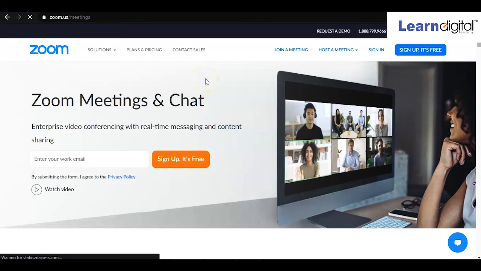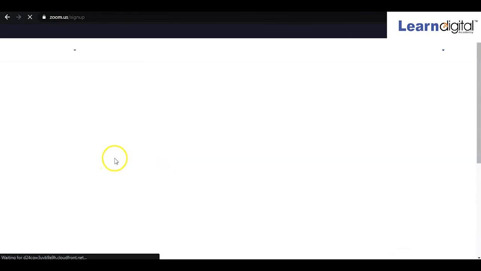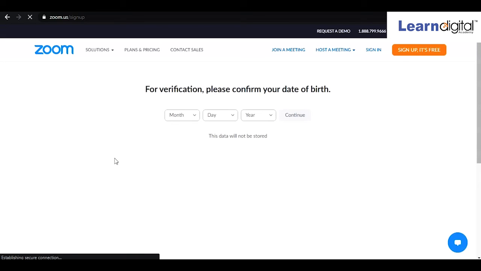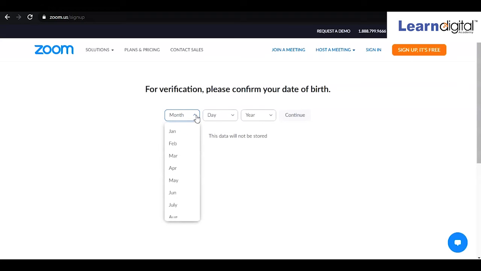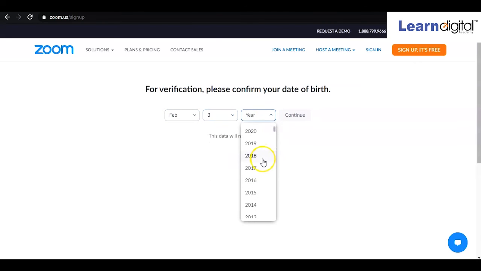If it is totally new, you have to come to the sign up option and create your account. Or simply, you can add your email ID, add your information, and also you have to verify your date of birth. For example, you can select any date of birth, like this one.